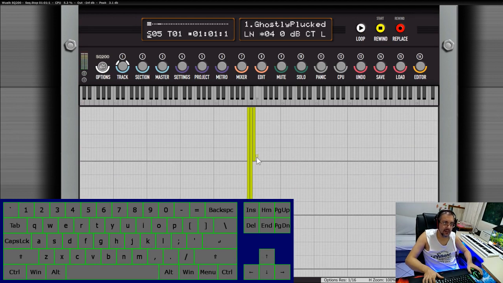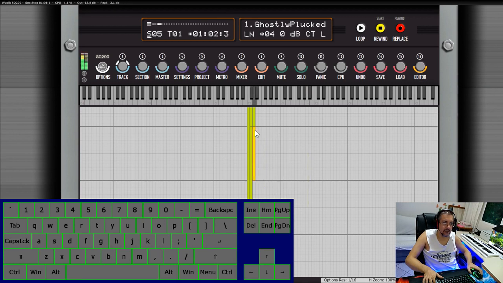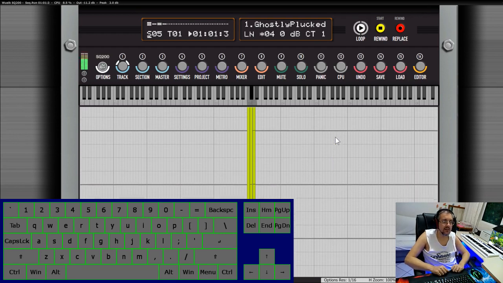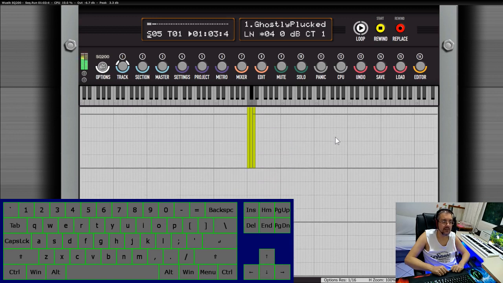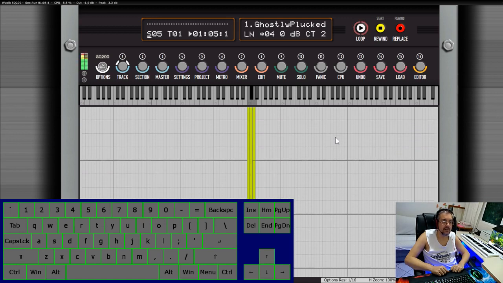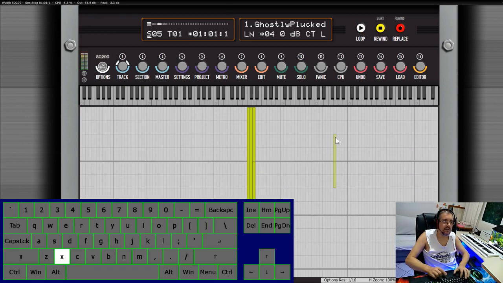Okay, just have to duplicate this guy because they have to match the rest of the track. It's not going to loop until it reaches the end here. Okay,